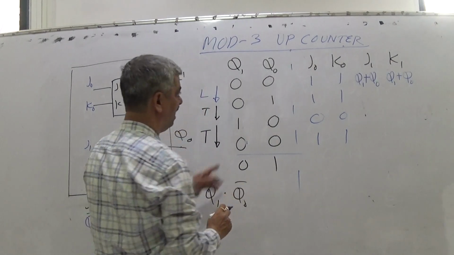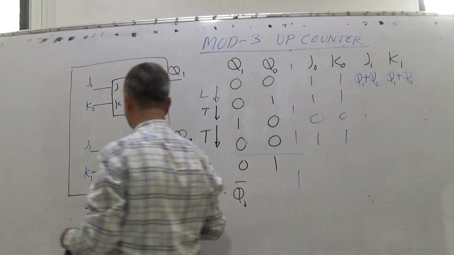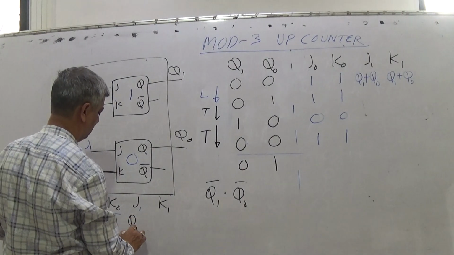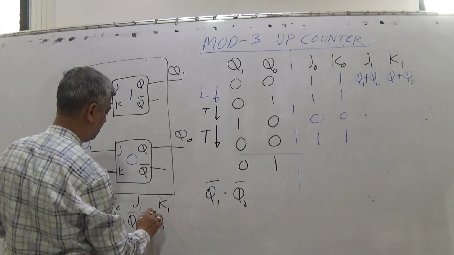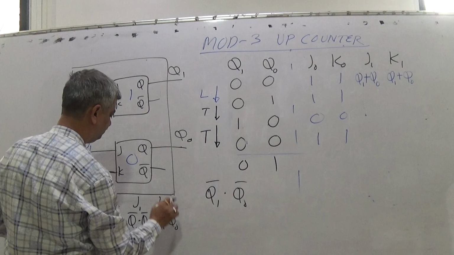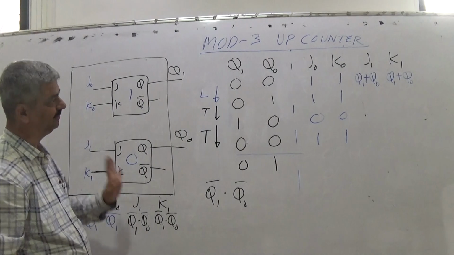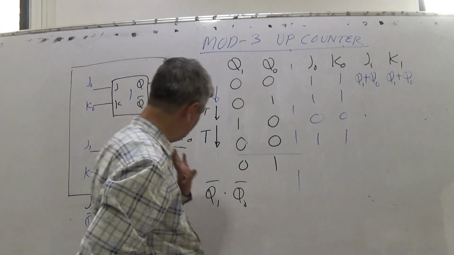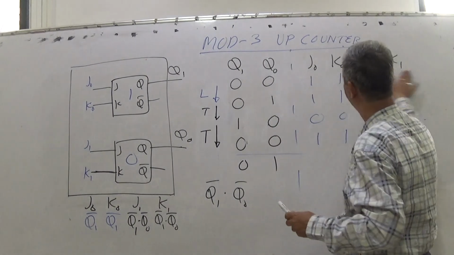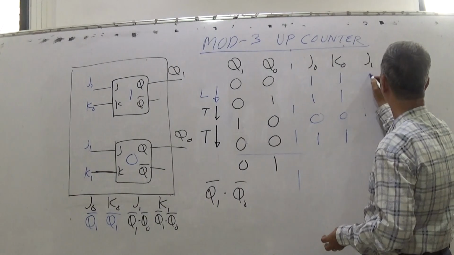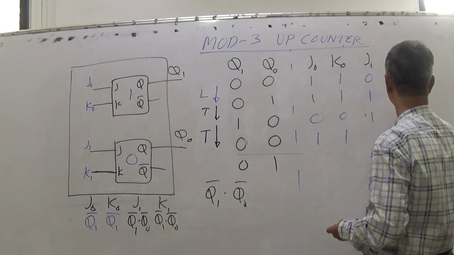So you can also write either Q1 plus Q0 or, in a systematic manner, by De Morgan's theorem, which you might have checked sometime, Q1 bar dot Q0 bar. Either is permitted. Q1 plus Q0 is okay, Q1 bar dot Q0 bar is also okay. So in that case what will happen? When both are 0, this will be 0, 0. This will be 0, 1. Sorry, this will be 1, 1 in this case and 1, 1 in this case.